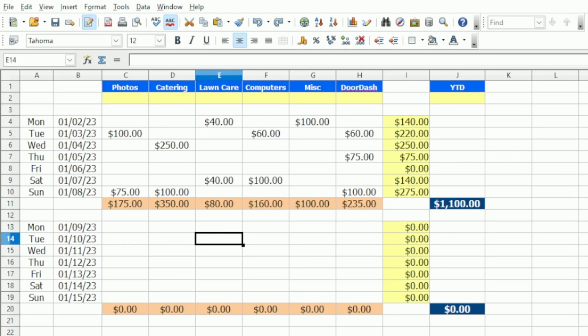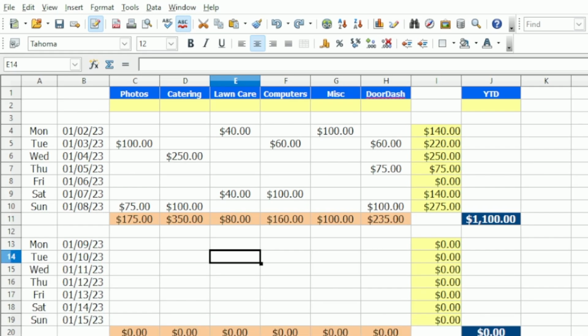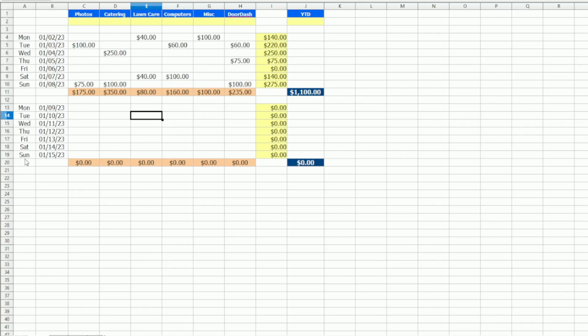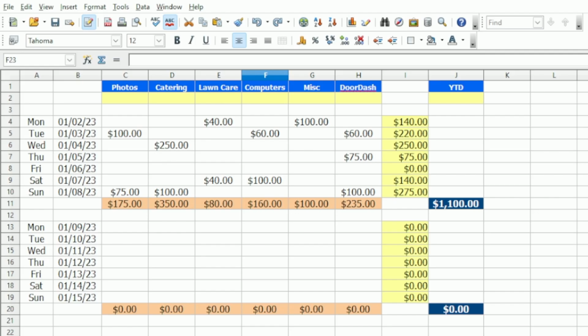And now we're starting to get our default template. And again, you just rinse and repeat. Go down here, do Monday through Sunday, Monday through Sunday, put in the correct date. This would be the 16th, and so on and so forth. But for now, we're just going to do these 2 because that gives you a general idea of